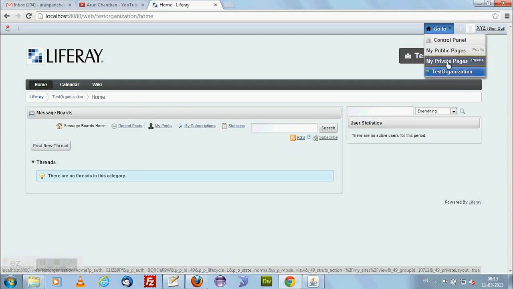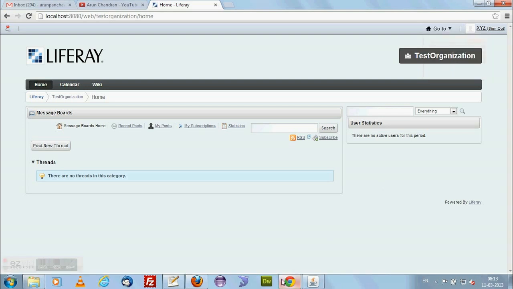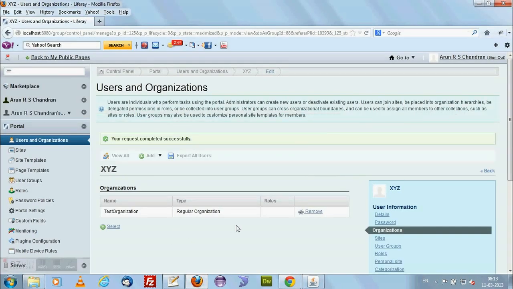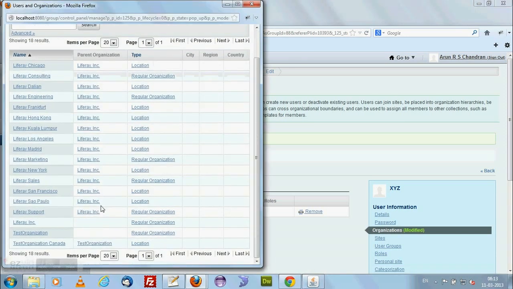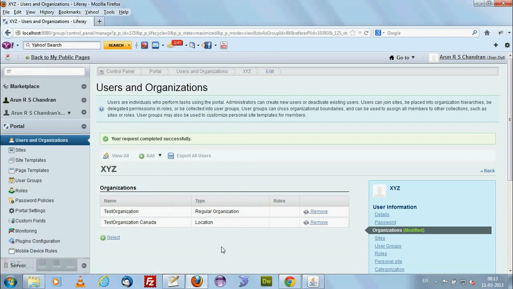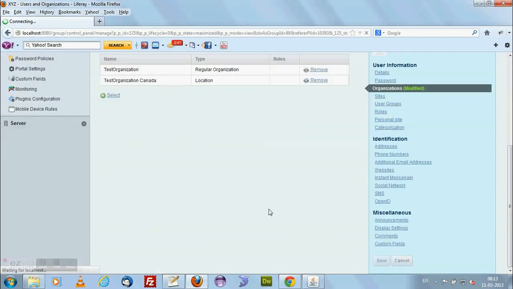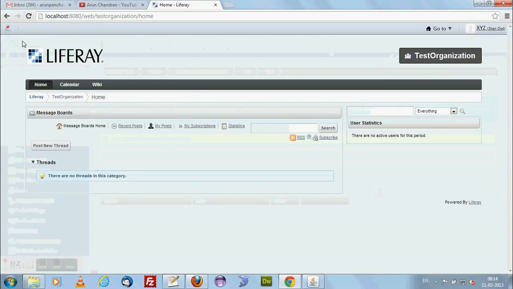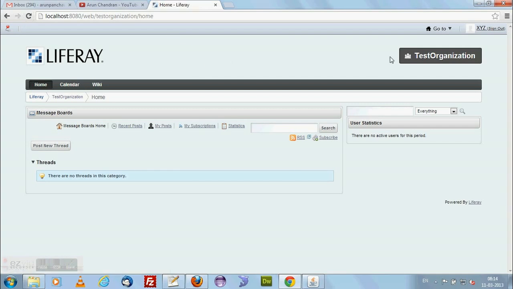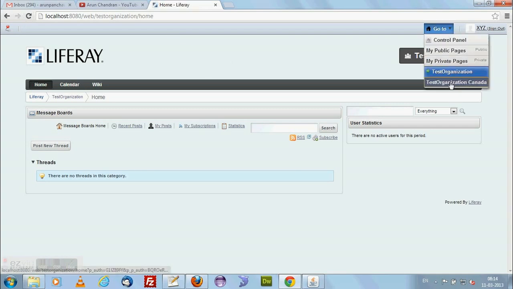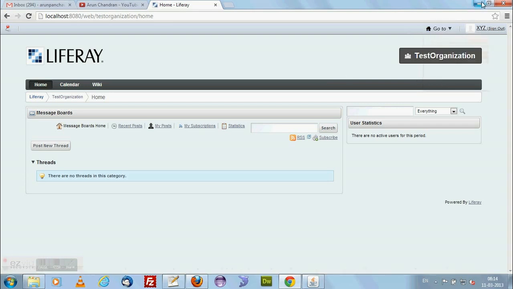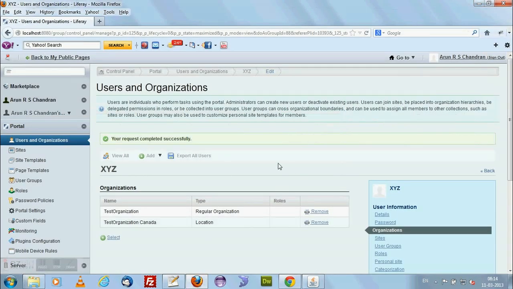So I'll be showing one more thing. We are going to add one more organization, that is test organization Canada, for him. So he will be added into two organizations. Now what we will see from his side, I am just refreshing his home, and here it is added: test organization Canada. This is how we can create community sites and organization sites,